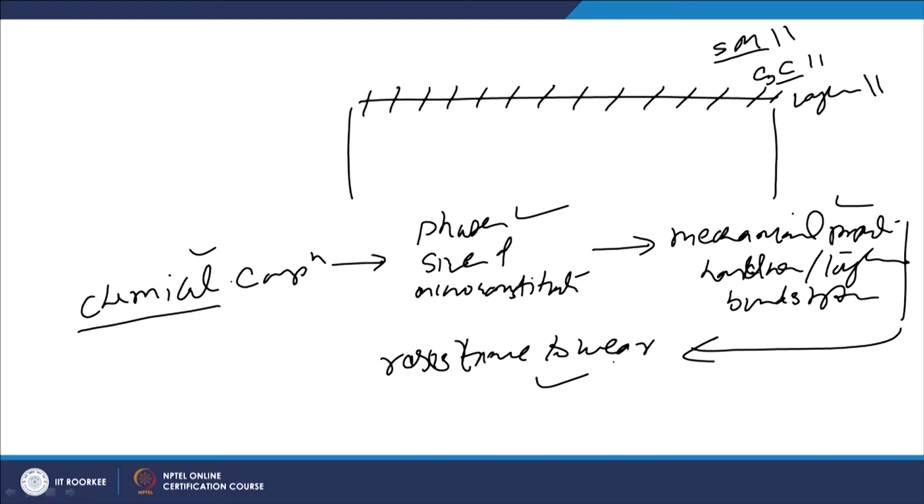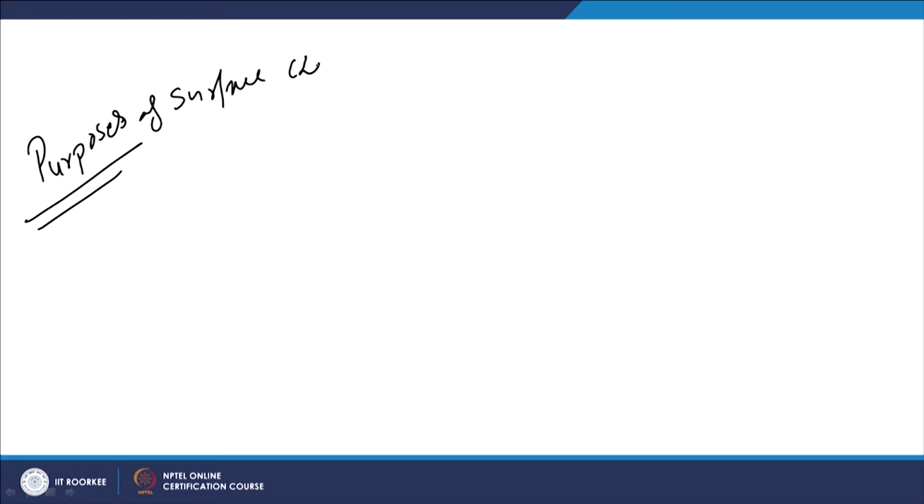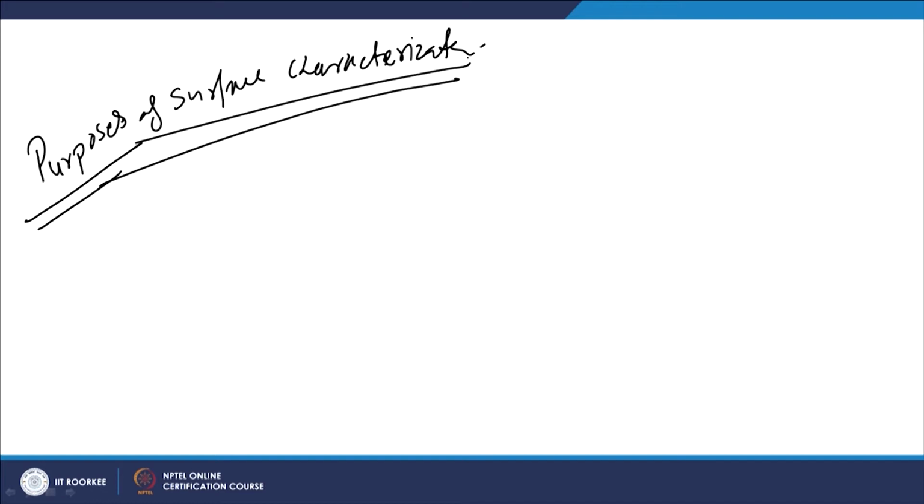What we realize through this characterization, that is what we have to see. So, why do we need a characterization of the modified surface at all? Purposes of the surface characterization, or characterization of the modified surface. There are three important dimensions or aspects related with this characterization of the modified surface. One is the quantification